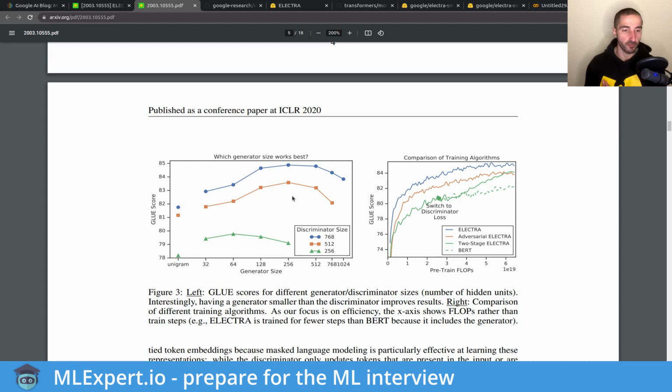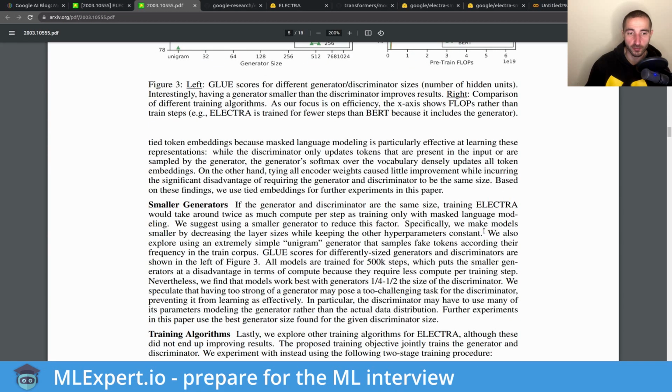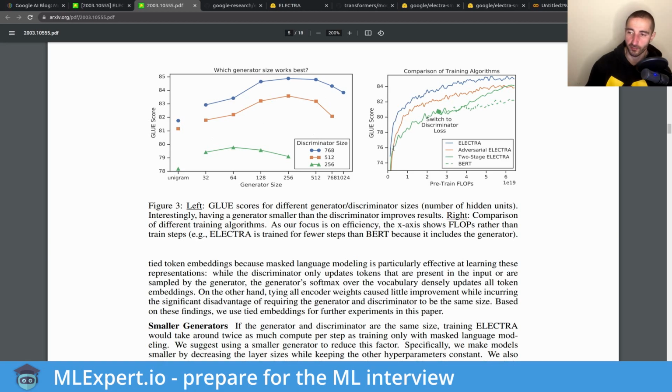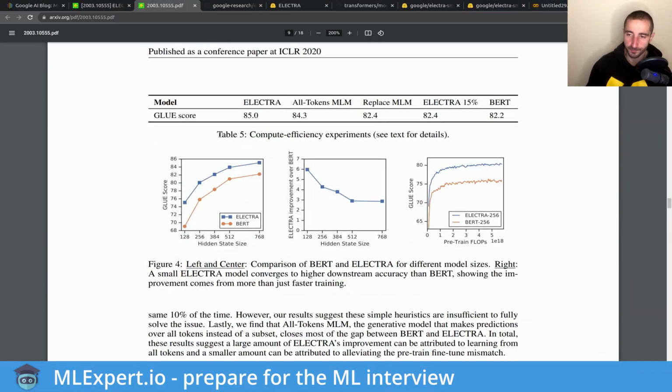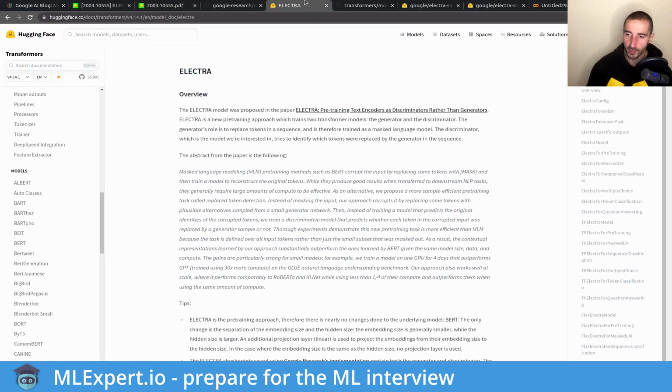When training those types of models, the interesting part is the clash between the generator and the discriminator, because you're trying to tune both of them. But if the generator becomes too good for the discriminator, then you might end up with very jagged lines for learning, or your models might not converge at all. There are some hacks mentioned in this paper, which you might want to have a look at if you are interested in how to train similar models from scratch. But it's a very interesting idea, and it's very different compared to all of the other transformers that we have. So let's continue with the ELECTRA